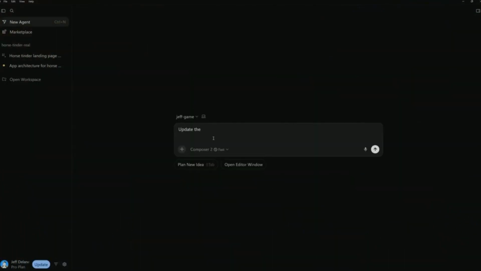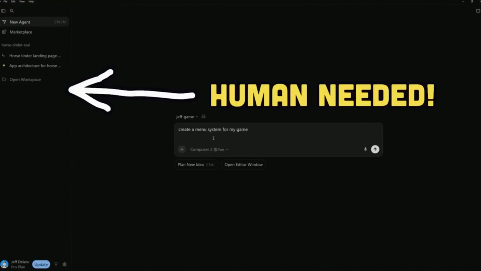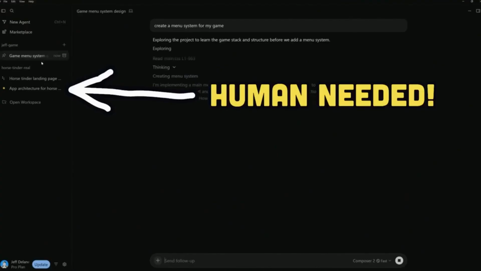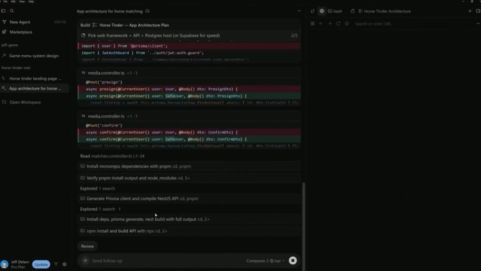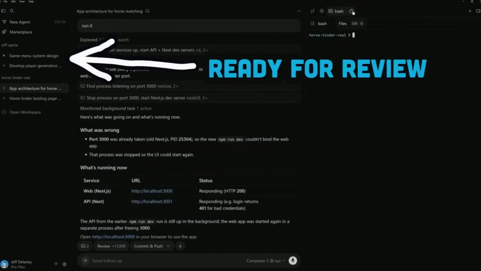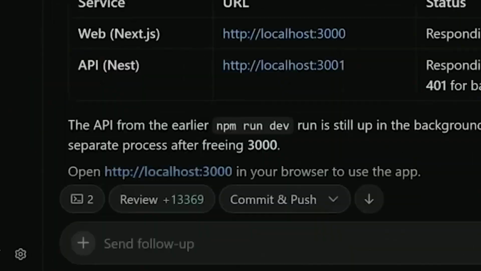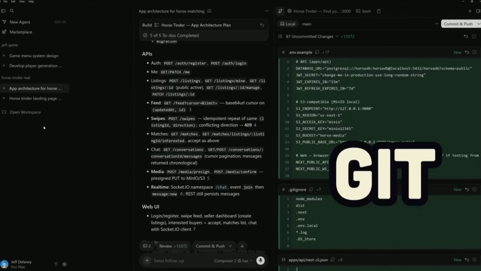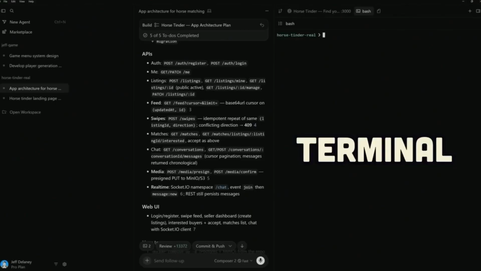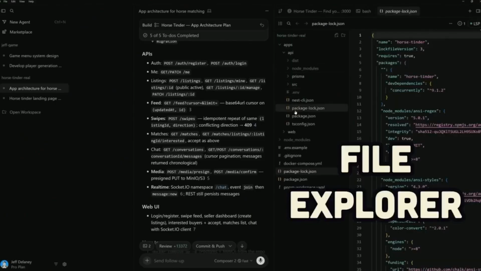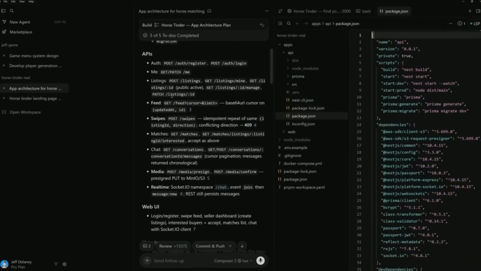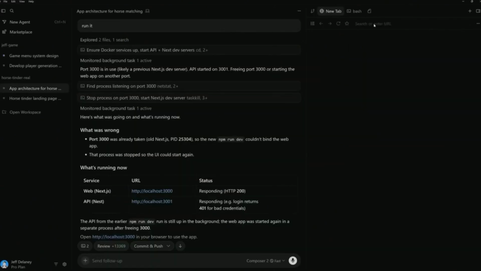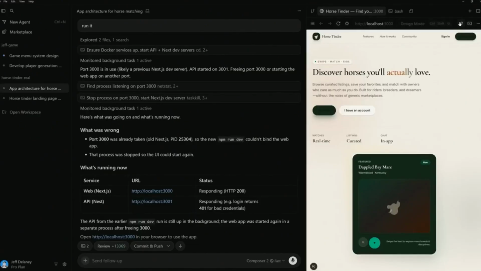We can track each agent's status, and when we spot a yellow dot, it means we need some extra human input. It usually requires granting permission to run certain unsafe commands on your system, but if the dot turns blue, it means the work is done and ready for review. And in just a few minutes, we already have 13,000 lines of code to work with. If we head to the right side here, we can fire up a terminal to take a look at the Git history. And we can even check out the code inside this tiny file explorer. But I think one of the coolest features is its built-in browser, where we can navigate right to the app and try out the final result.